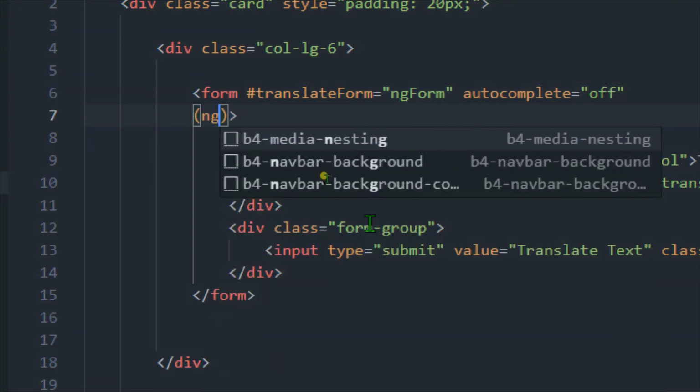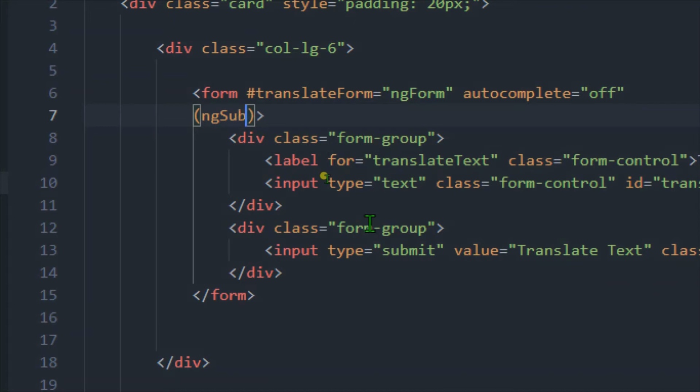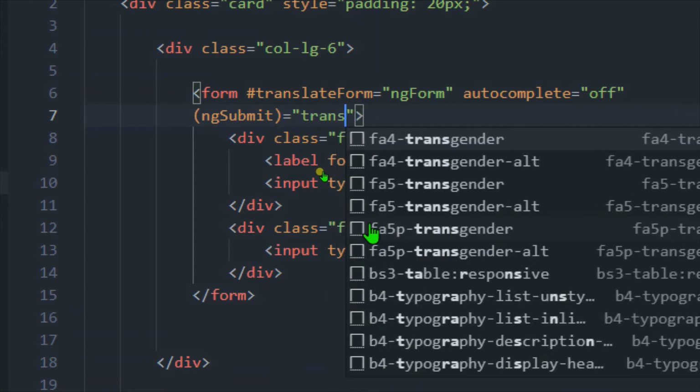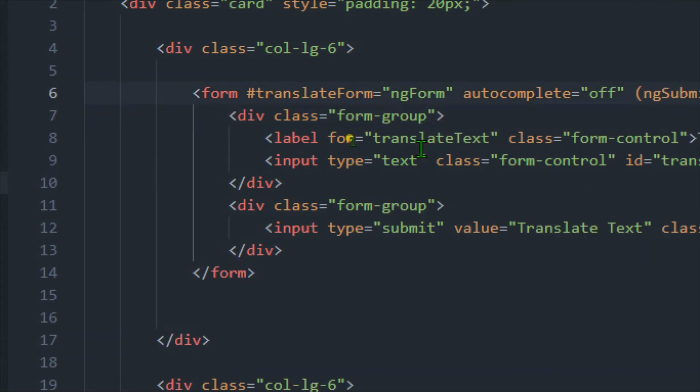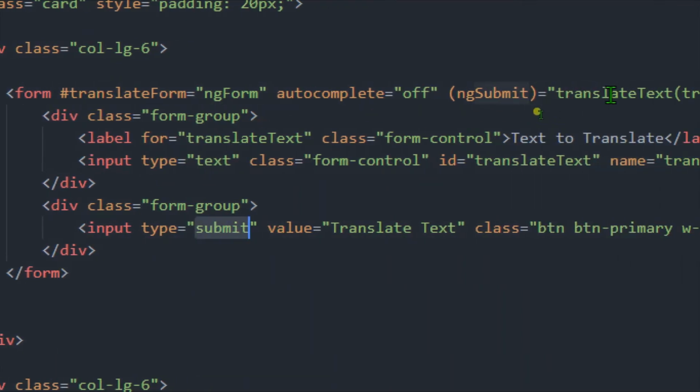Inside the brackets, ngSubmit, S is capital, is equals to the function name, translateText, T is capital. Now the parameter that I want to pass is this translate form. So let me copy this name and paste it over here. Now let me save this one, and whenever we will click on the submit button, it will try to call this translateText function. So let me save this code.